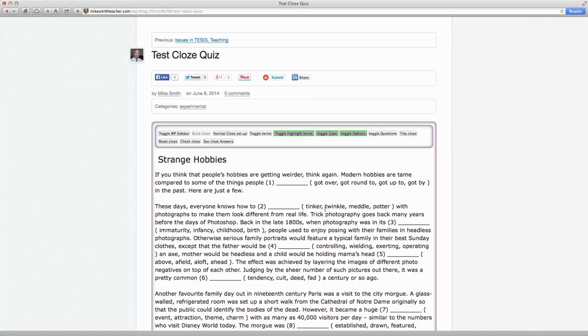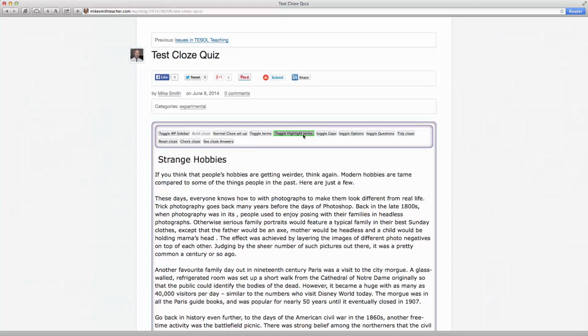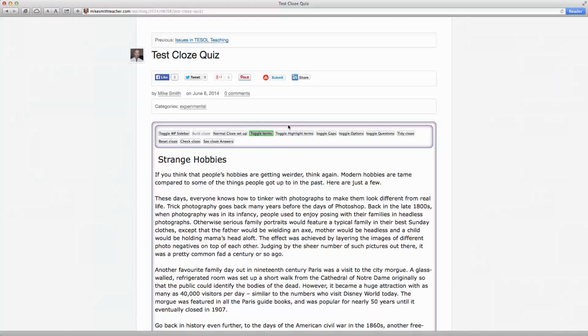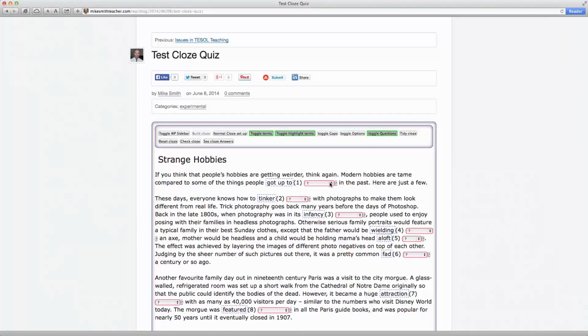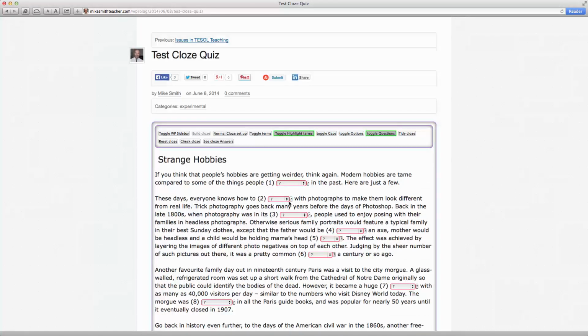However, if we want to make it an online quiz, we can get a little bit more clever. So I'll just toggle those options off, toggle the gaps, turn the terms back on here, got up to here. Right, so what we can now do is also insert pull down menus instead of those gaps that we had before, and in those pull down menus are the alternatives from which the student has to choose. So what I'll do is I'll get rid of the terms then. So now we've just got the numbered gaps, but they're pull down menus. And in addition to that, we've also got